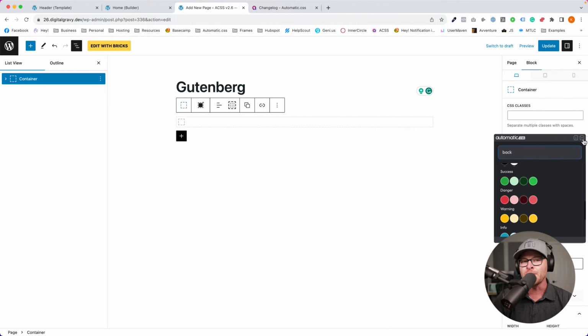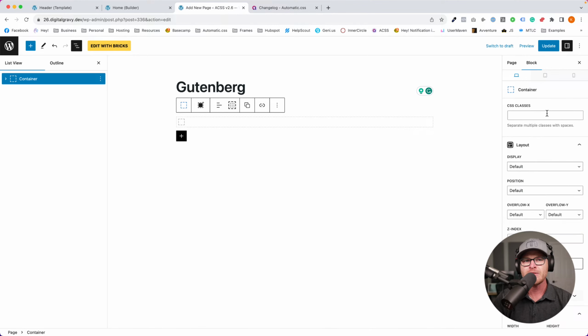The only real limitation here, and this is a Gutenberg limitation, and the only tool I know of that really solves this limitation well within the Gutenberg environment is Quickly, is that you could put a custom class up here, right? But you'll never be able to edit the properties of that class. You're just putting that class on a thing. These controls down here don't apply to this class that you're putting up because that's not how Generate is built. That's not how it works. It's not a class first system.